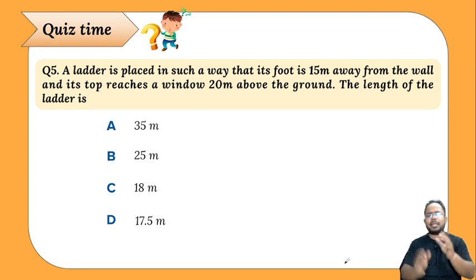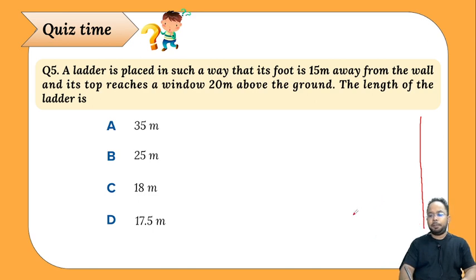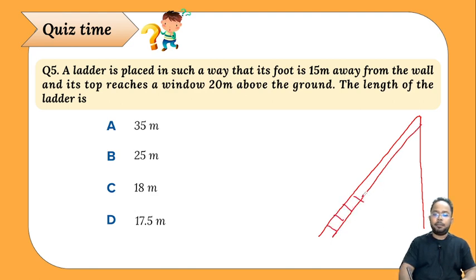तो जब हम लोग को ऐसे सवाल हो ना, सो लेट्स ब्रेक दिस क्वेश्चन इनटू पार्ट्स। फर्स्ट ऑफ ऑल गो थ्रू द क्वेश्चन वेरी केयरफुली। अच्छे से क्वेश्चन को पढ़ो एंड ट्राई टू मेक द फिगर आउट ऑफ इट। द डायग्राम्स विल बी वेरी वेरी हेल्पफुल। सो इट इज सेइंग दैट भाई एक लैडर था. Okay, a ladder is being placed in such a way that its foot is 15 meter away from the wall. तो मान लेते हैं ये हमारा दीवार है, ठीक है। यहाँ पे एक लैडर रख देते हैं, सीढ़ी।